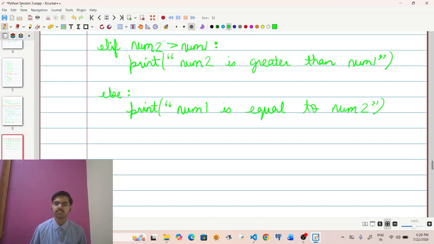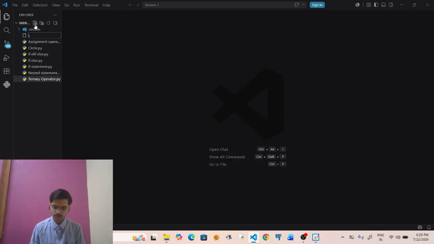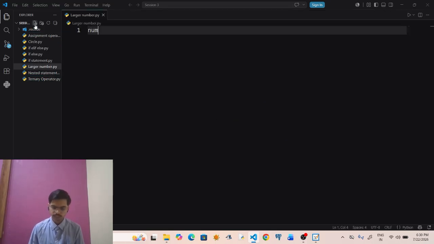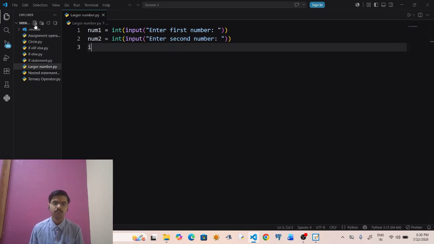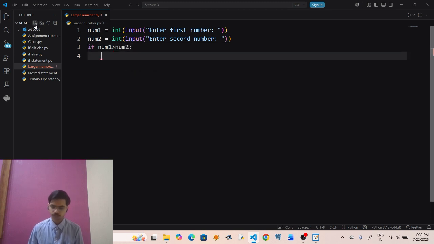And now let's code this into our VS Code editor. So I am creating a new file called larger number.py. What I am doing is I am taking the first integer as the input, and I am telling the user "enter first number". Then I am taking another variable as input, and I am telling the user "enter second number". Now I am writing a conditional statement. If num1 is greater than num2, I will print, or I should say, "first number is